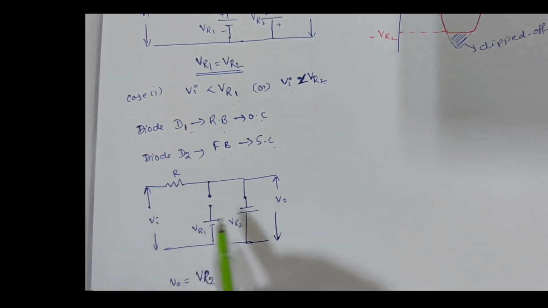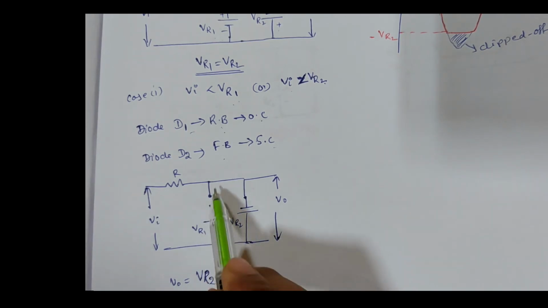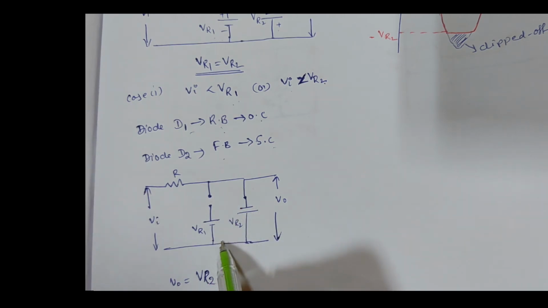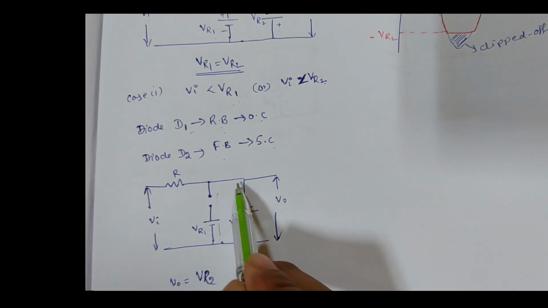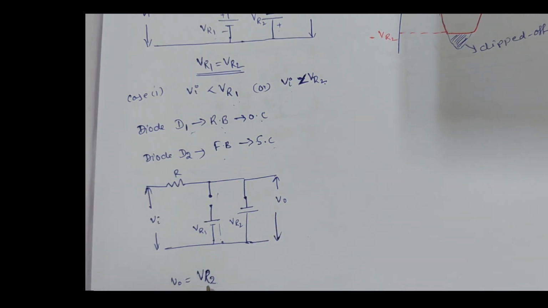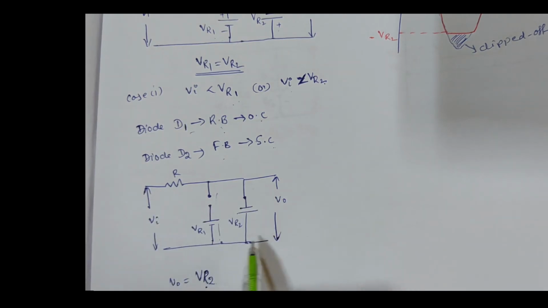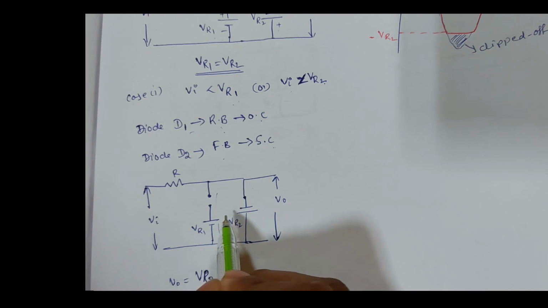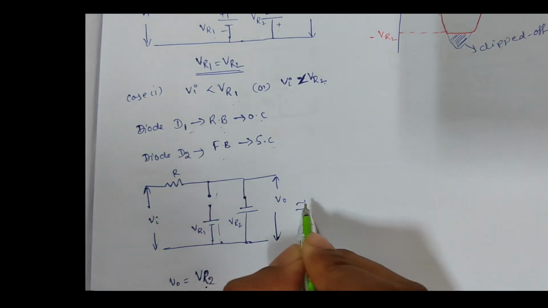Yes. So when it is open circuited up to this point, what can we write? V naught equals Vi up to this point here. Coming to here, now it is short circuited. We are taking output across this VR2. So V naught equals VR2. Yes. So from this circuit diagram, we can write the output voltage. So it is open circuited. Yes. Simply we can draw the equivalent circuit like this.